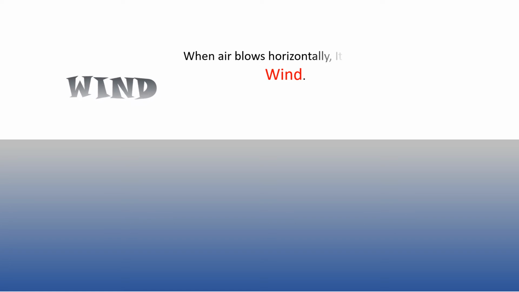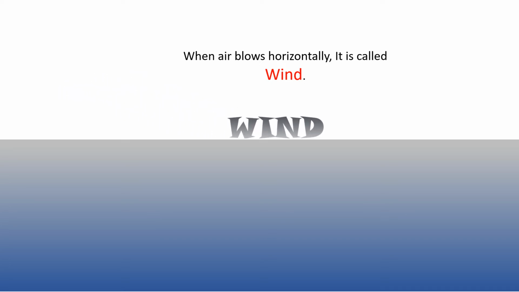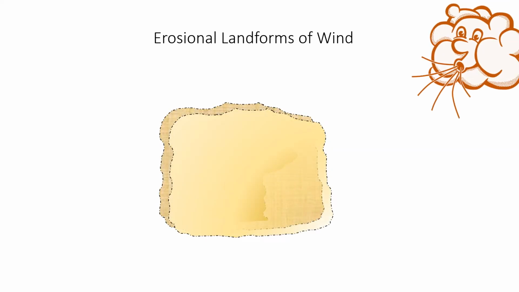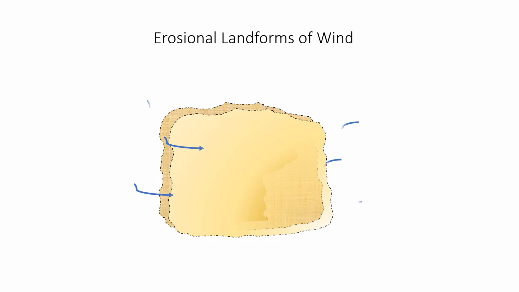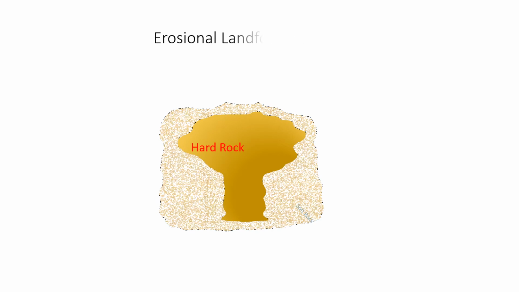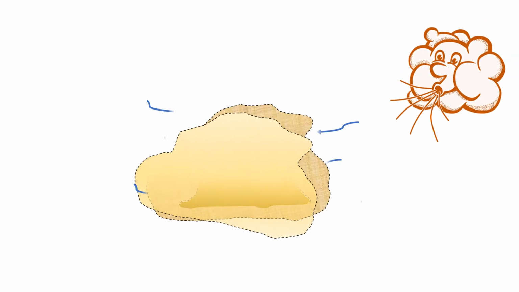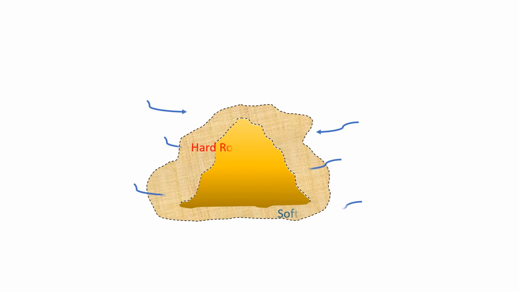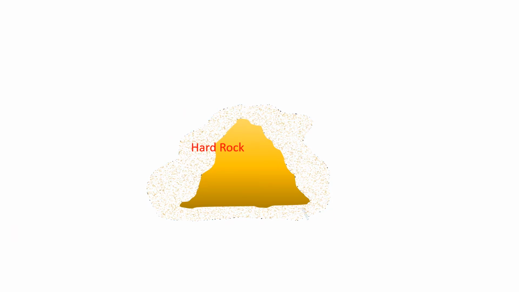Wind. Wow, it's blowing, isn't it? When air blows horizontally near the Earth's surface, it is called wind. Erosional landforms of wind. The actions of wind, such as erosion, transportation, and deposition, are collectively referred to as aeolian process. While soft rocks erode, hard ones stand up to form some fascinating landforms. They are